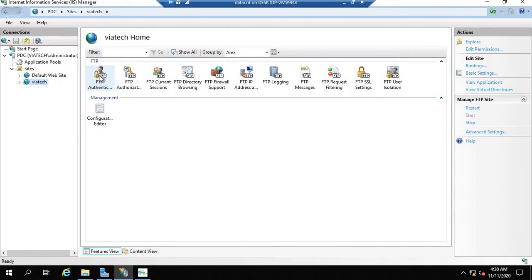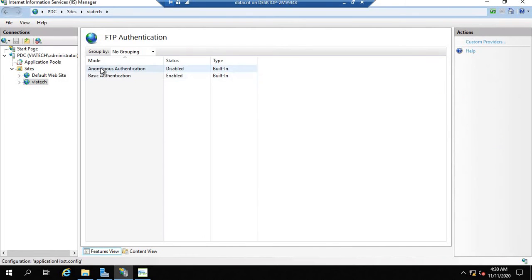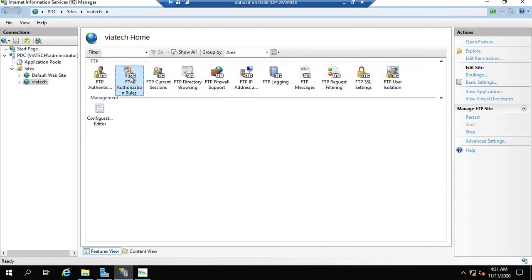And the next one, the first one over here, authentication. Remember, we have 2 modes of authentication: one is anonymous authentication, the second is basic authentication. Anonymous authentication of an FTP server means anyone can log into the FTP server without authentication. I guess that is not a secure mechanism to host or access any of the features of your FTP server. So that's why we have basic authentication. In basic authentication, it's going to ask for the name of the user who is authentic or allowed to use your FTP server. And the next one is authorization.